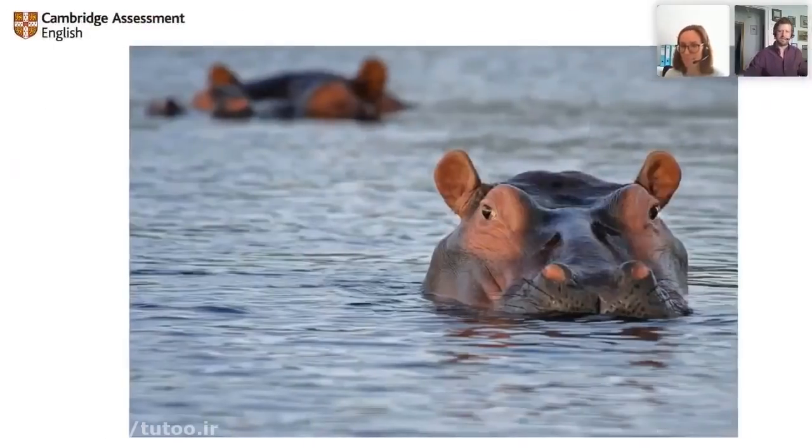So moving on from puffins, Victoria, what next? We are moving on to hippos. Hippos. So we found a really nice text. I think it was about a boy giving a presentation to his class about hippos, something like that. This actually came in as a task from our team of writers a long time ago. It didn't make it past the first stage of creating some tasks that we go through, because